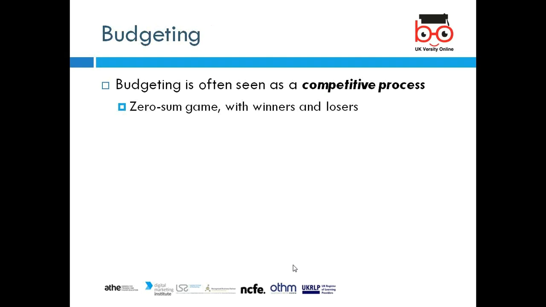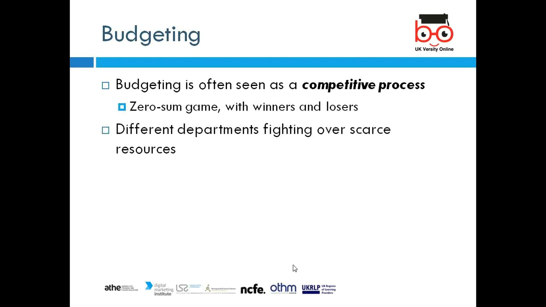So, cash flow, working example, cash flows, cash budget. Budgeting is often seen as a competitive process, a zero-sum game with a winner or loser, with different departments fighting over the scarce resources. Coming to Lionel Robbins, one of the great economists of the modern school of thought, he gave the theory